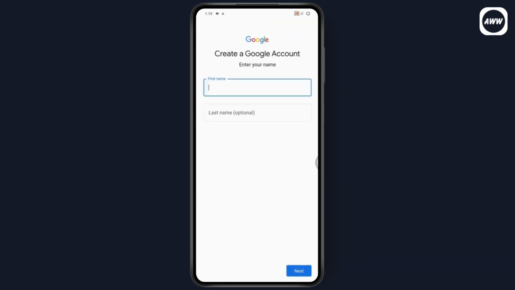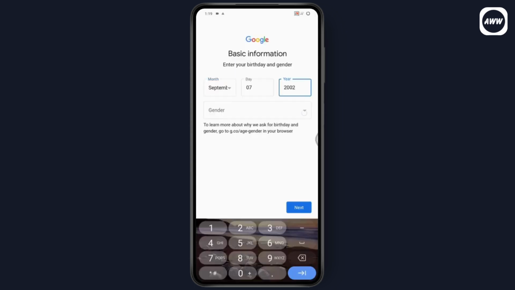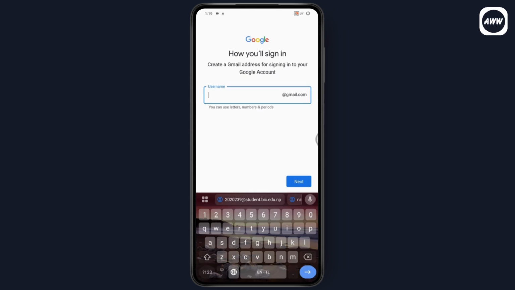Now enter your first and last name, go with next, and go with month, day and year, and select your gender. After that, go with next. Now enter your username, go with next again. Now create your password. So make sure that you've created a strong password, and after creating your password, your account